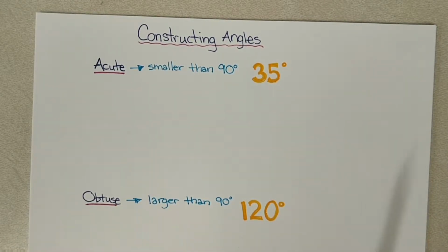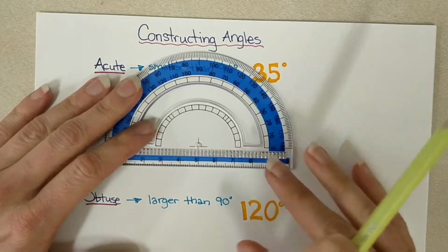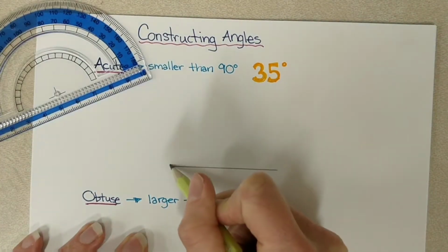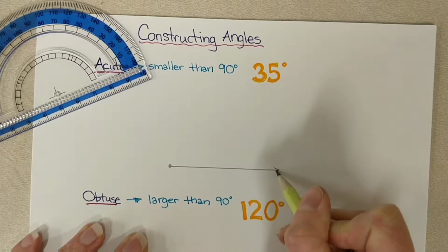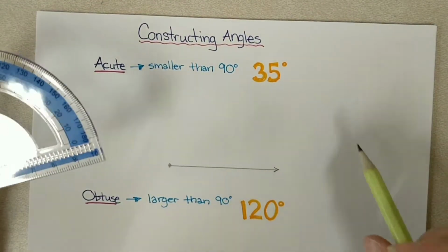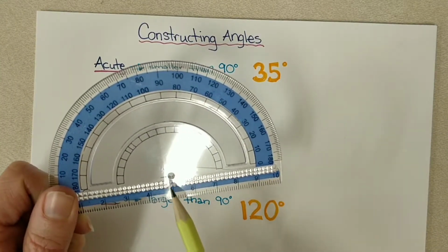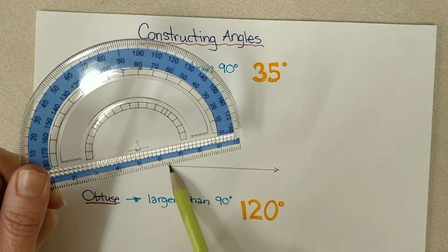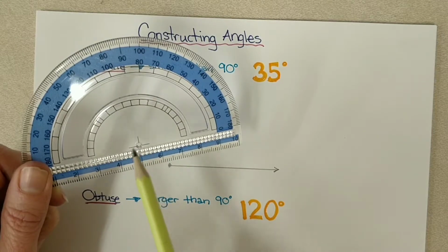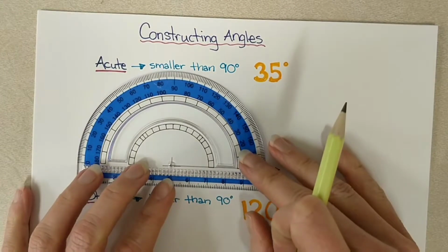So the very first step you're going to take to construct an angle is we need to draw one of the rays here. So you can draw that line. Okay, so there's my ray. And to construct a 35-degree angle, I'm going to take these little crosshairs on my protractor, and I'm going to put them right on this point, and I want the horizontal line here to line up exactly along the ray that I've drawn. So I'm going to get that in position,